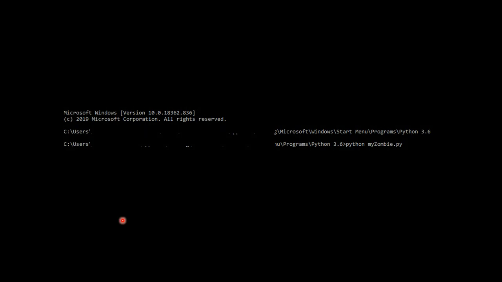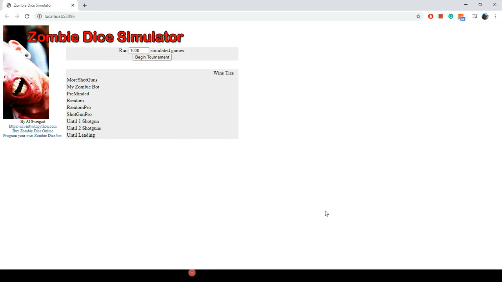So we'll first go to the path where Python is installed. We will place this program there. If you are doing it for the first time, just do it like that. It will make sure that your program runs, and then you will launch the program. And let's see how the web GUI link looks. Okay, we have the web UI for you basically.